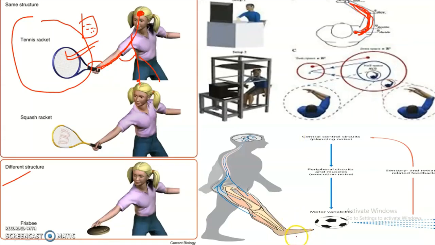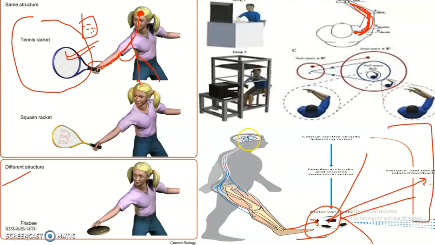And if you're hitting a football, at which angle do we have to hit it such that it will go in this direction, or in this direction, or in this direction? Why? Because we always have to hit the football towards the goal direction, so our brain has to give certain signals to the legs such that we are able to hit the ball in the particular direction and it is perfectly directed towards the goal.